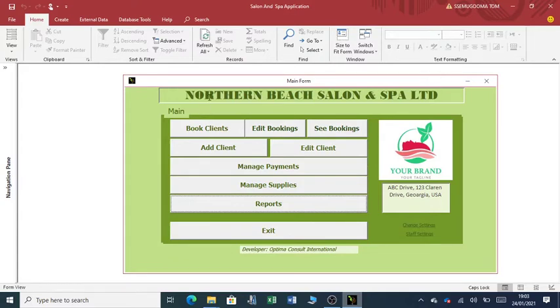As you can see, it is reading Northern Beach Salon and Spa. And then your logo will appear here. Your address will appear here. You can always add